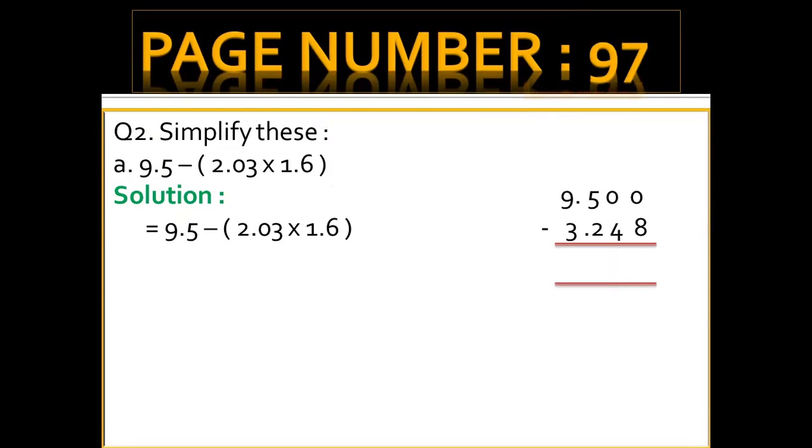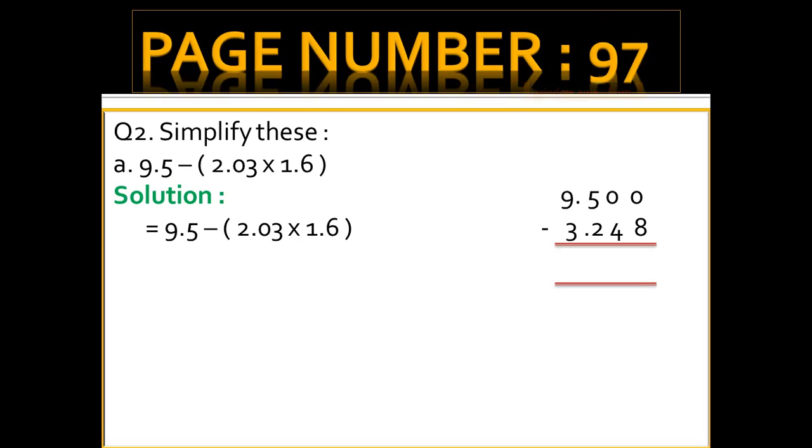This question is the same as what you have done on page 82, question number 2, but the only difference is the decimals. On that page, whole numbers and mixed numbers are given, and here all the numbers are in the form of decimals. Otherwise, the method of simplification is the same. First, we solve the round, then we come to the curly, and at the end, we do the square bracket.